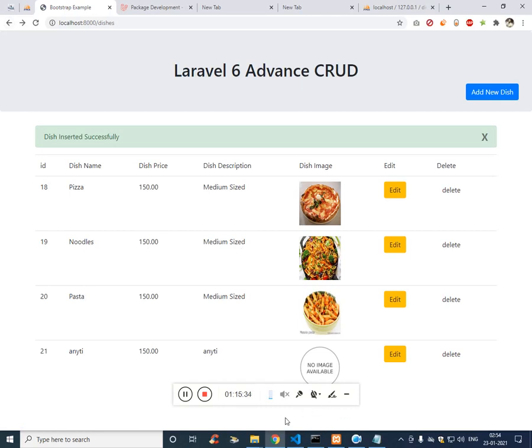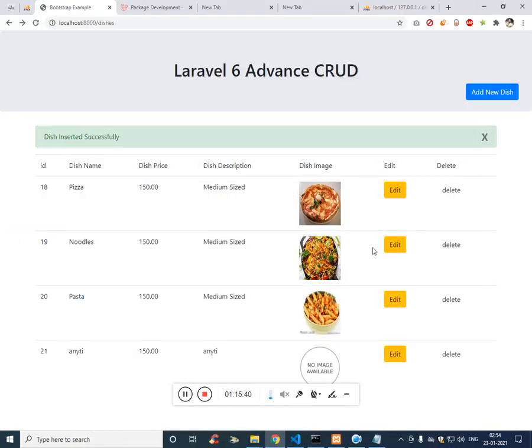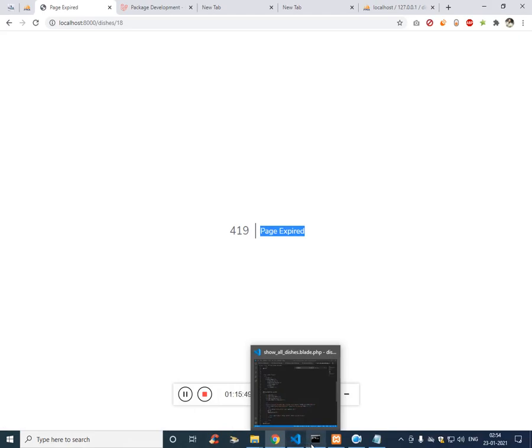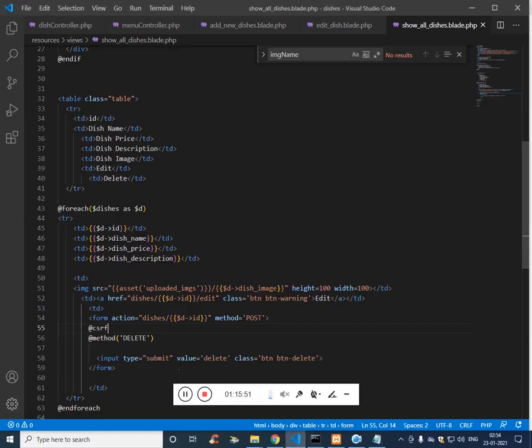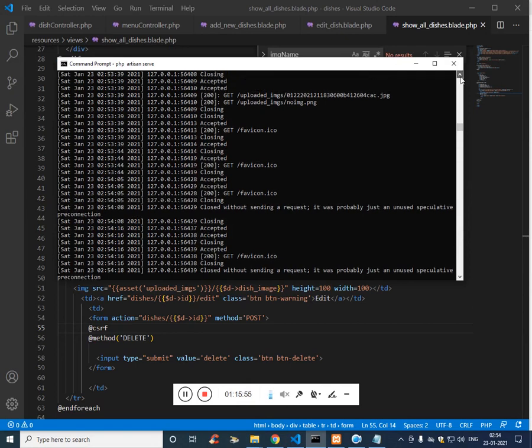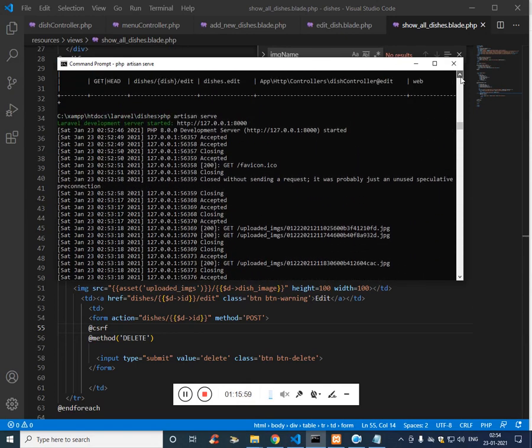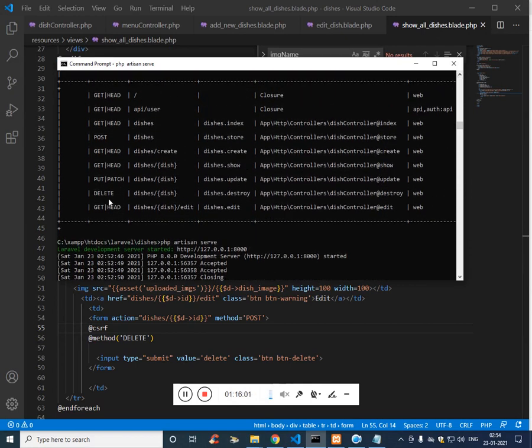Let's delete this pizza image and check whether the image is getting deleted or not. Page expired, why is it this? Are we passing the correct URL? Delete is the method.